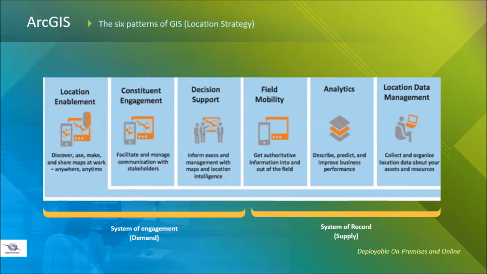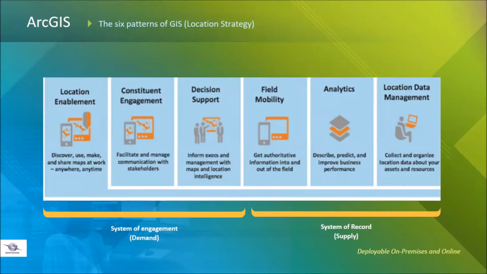Thirdly, you have decision support, and this is concerned with visualizing data and information on a map or dashboard to better understand organizational activities, projects, and operations. From a technology perspective, this pattern involves combining both data and analytical layers, organizing them in a map, and publishing that map over the intranet or internet for consumption in applications. So the first 3 patterns that were mentioned form part of the system of engagement. So now for the remaining 3.